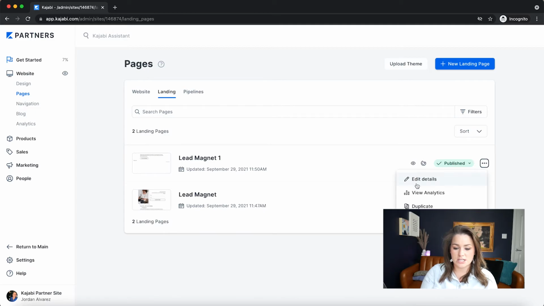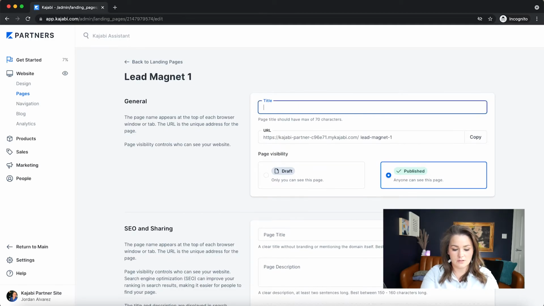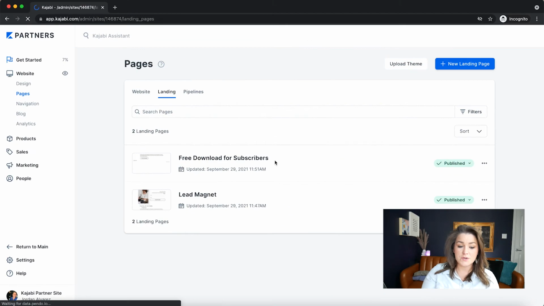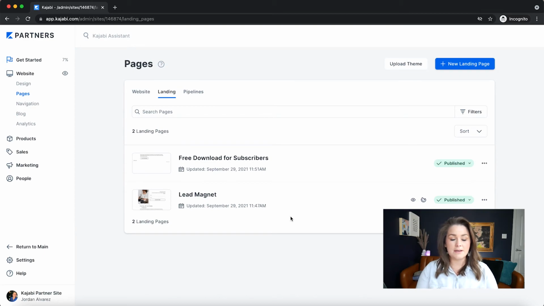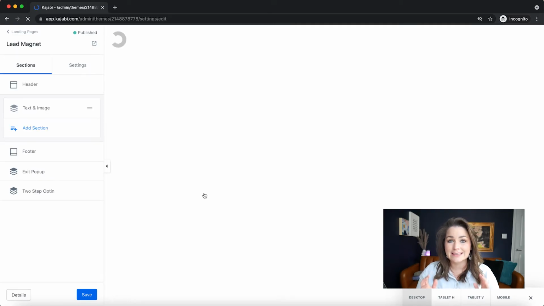And I want to change this so that we know. We're going to edit the details. Free download for subscribers. That's the title of that page. So we know what it looks like. So now that we have our 2 pages created, we want to go back and tell the form where we need it to go. We want to tell the form where we want that customer to land as soon as